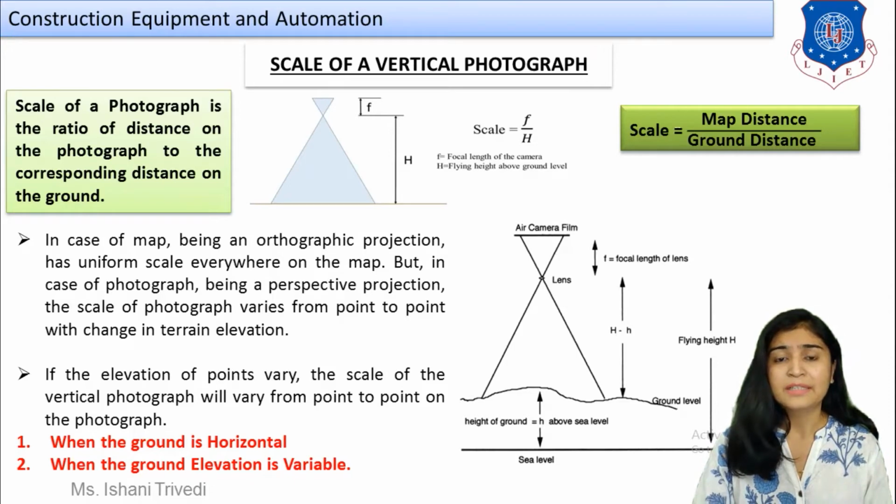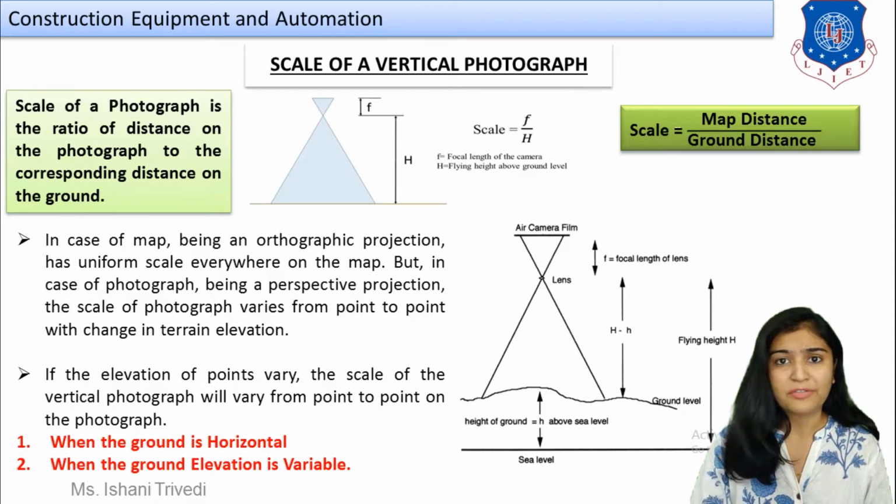So the photo which we are going to take will be taken only for certain parts of the area. Right? Now you know what a scale is, meaning we are reducing something to plot it in a bigger area or a bigger map. So if I want to plot the various photographs and make a map, we will have to reduce them to scale. This was also one of the processes of photogrammetry, the third process, that you reduce the photograph and then make the topographical map of the area.